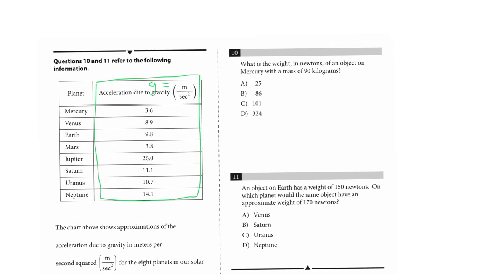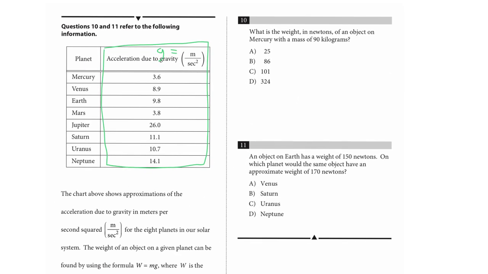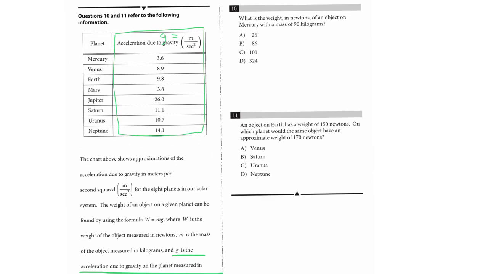So, looking at the first problem, what is the weight in newtons of an object on Mercury with a mass of 90 kilograms? Well, once again, they had told us what the formula for the weight is. It's W equals m times g. So if we want to know the weight of an object on Mercury, we know that we're going to be using W equals m times g. Now, they happen to give us the mass. They happen to give us m. It's 90, so clearly that's going to be W equals 90 times